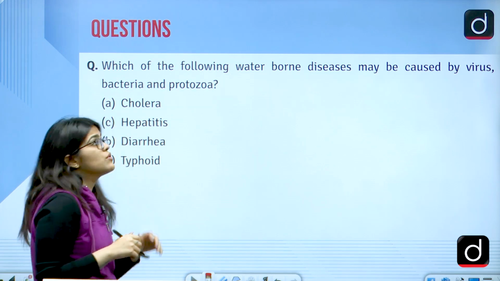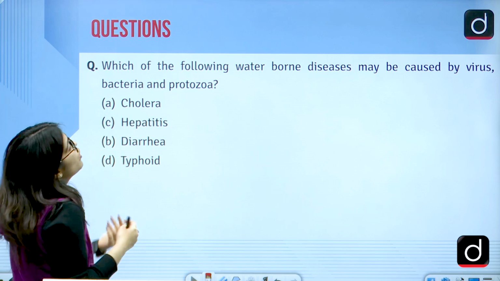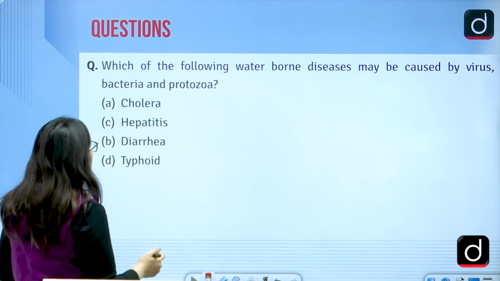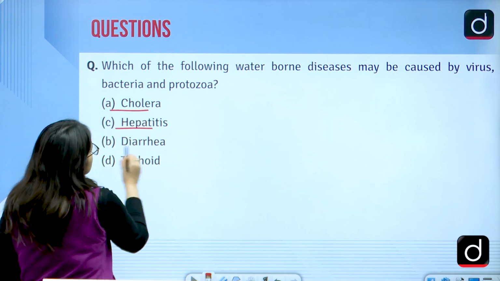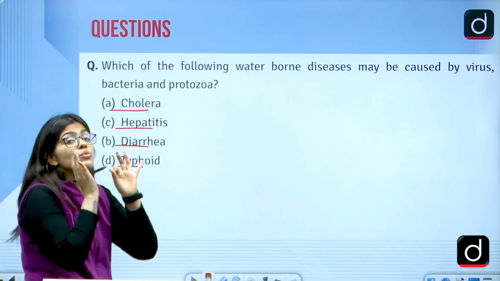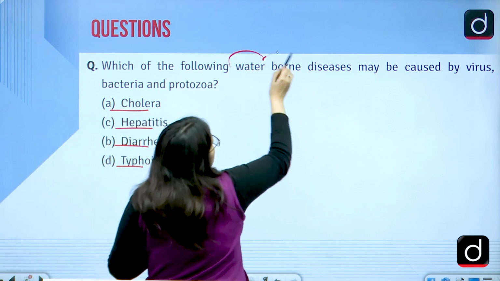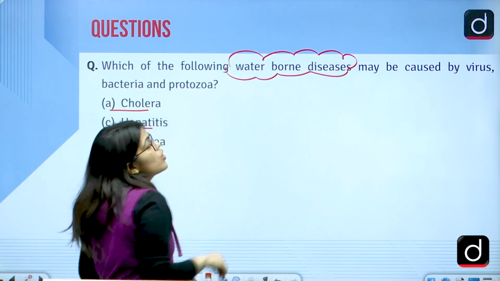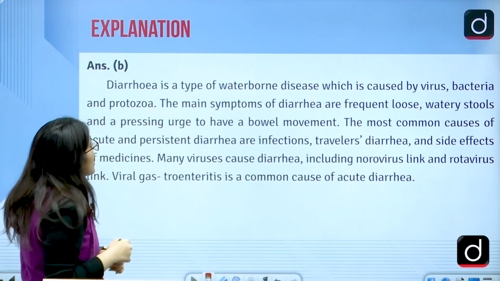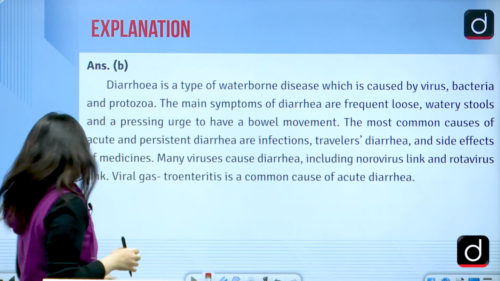Then comes the second question. Which of the following waterborne diseases may be caused by virus, bacteria and protozoa? Is it cholera, hepatitis, diarrhea or typhoid? Which is this waterborne disease that may be caused by the virus, bacteria or by protozoa? So the right answer is diarrhea,